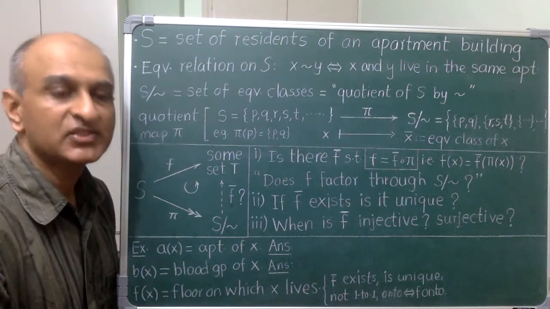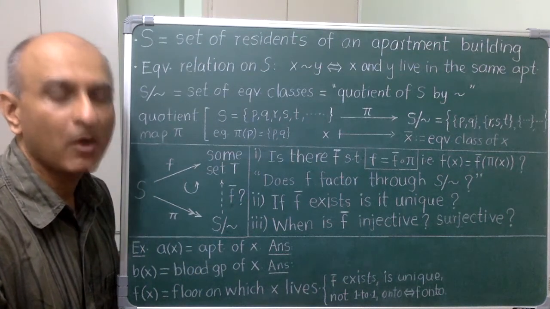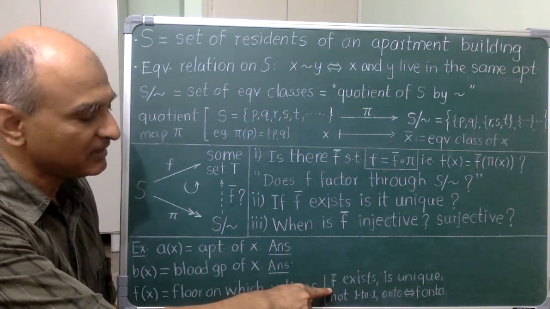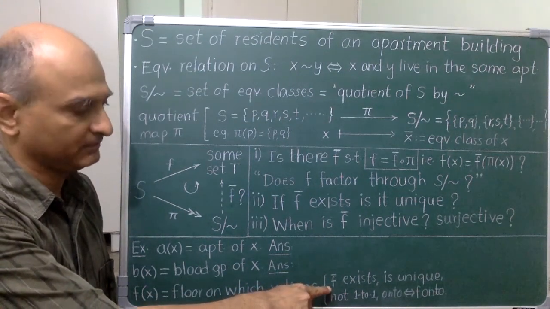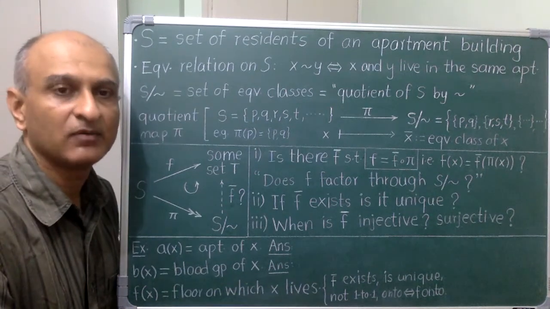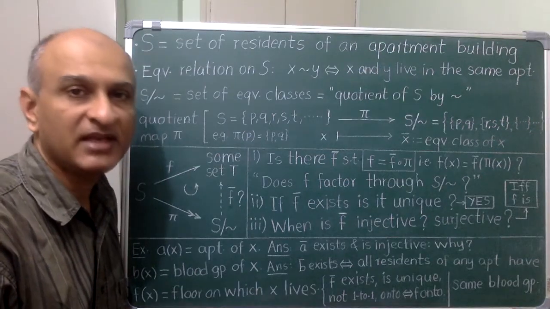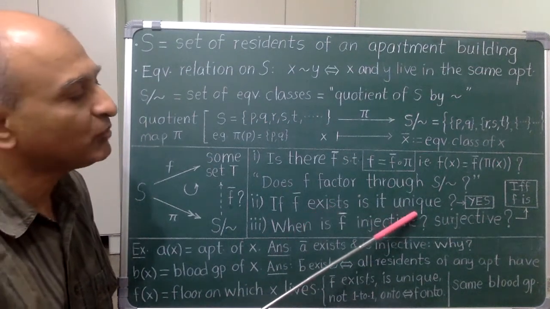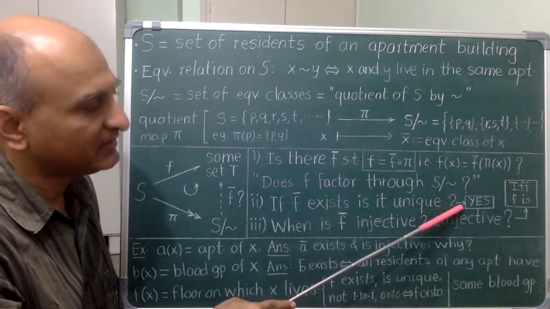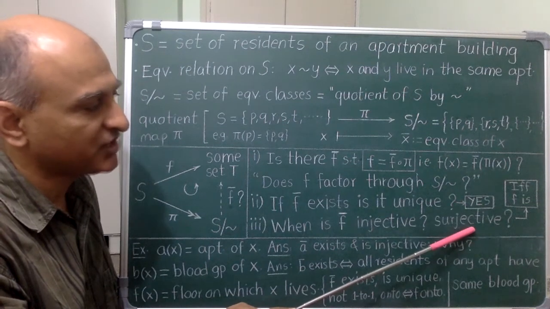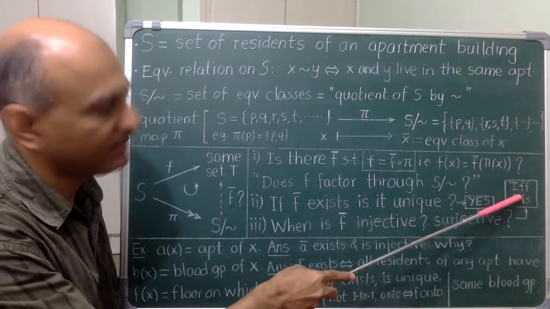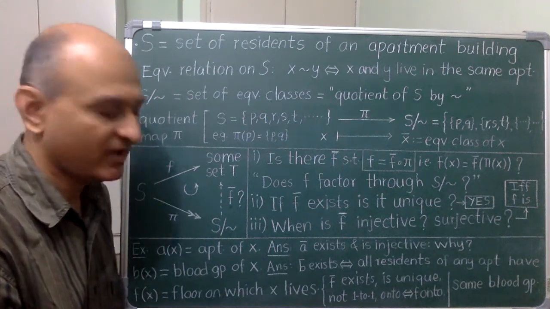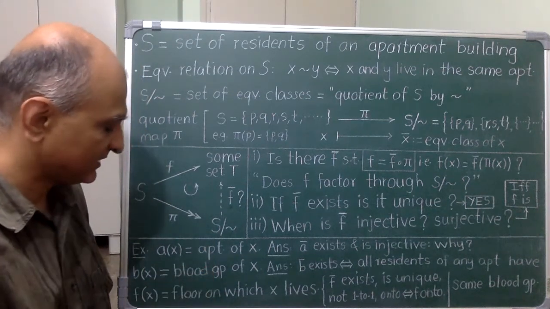I will discuss this quite quickly, so pause if necessary until you understand this example completely and transparently. So please do this now. We saw for a general f that when f bar exists, it is automatically unique, and in that case f bar is surjective precisely when f is surjective. So let's concentrate on the existence of f bar in these examples.